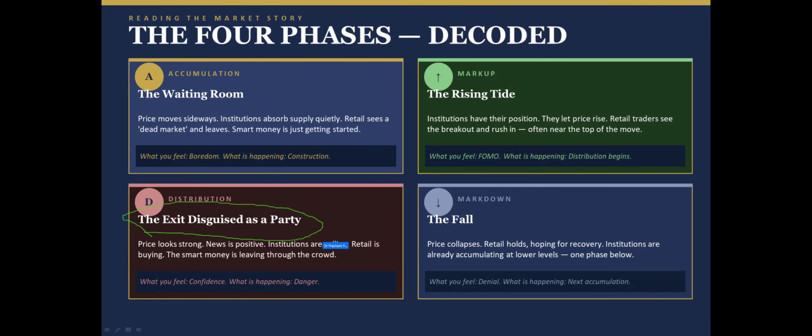Okay, so that is their exit, and they have to tell everyone that this is a celebration. It is going to go in uptrend, it is going to a new high. Already the stock may have gone 10 times, and they will show that it has grown so much and there is so much scope for the business that it is likely to keep on continuing. But the market has already discounted the future 6 months or 1 year, sometimes even more than that. And when this party is happening, retailers feel that we must also join this party. They start buying. Price is already looking strong and news is positive.